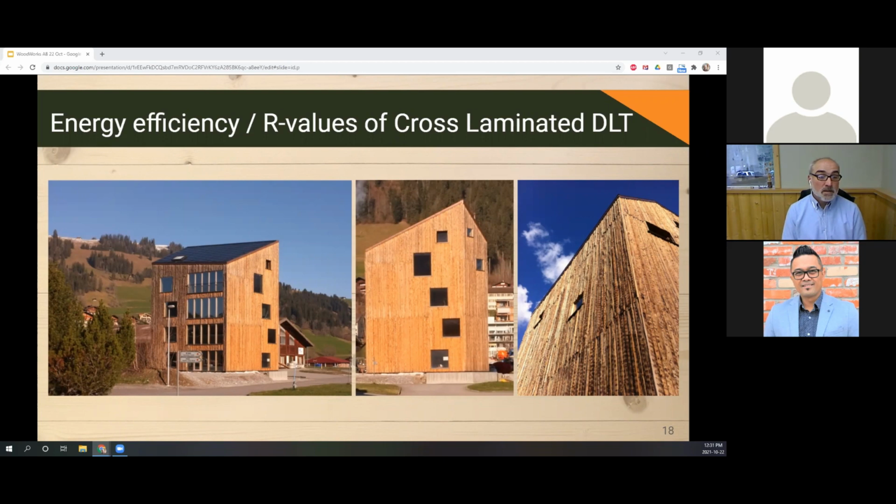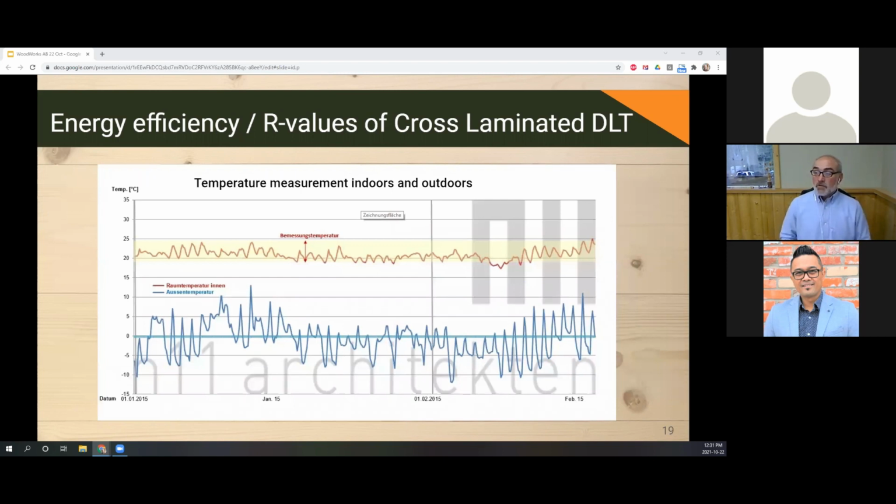This house has a 12-inch thick solid wood wall with 3-inch wood fiberboard insulation, and then a rain screen and wooden siding. Also on this siding, you can see there's no paint on the siding. The owner also did a temperature